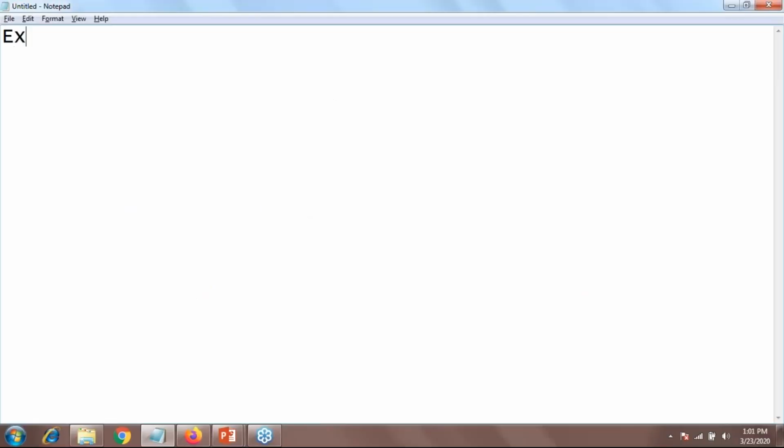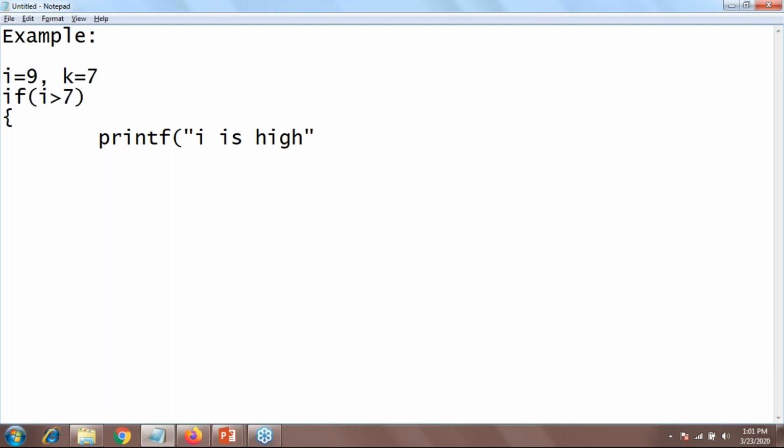Let's explain with one more example: i equals 9 comma k equals 7. Now, let's do the if: if i is greater than 7, and then the else part.